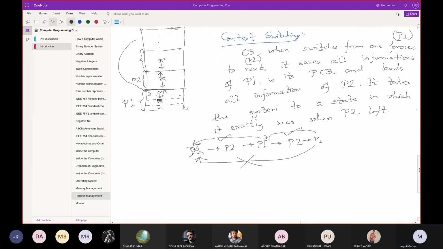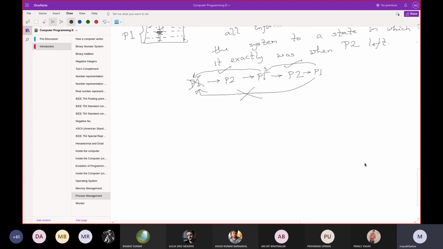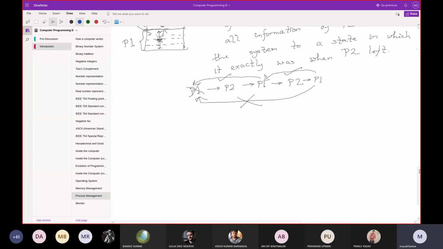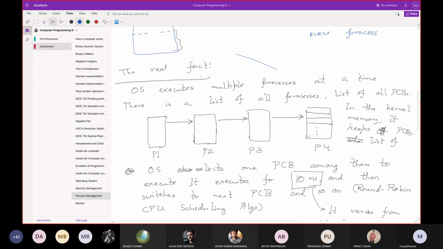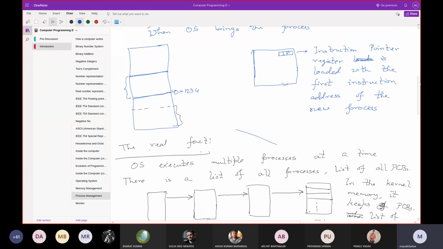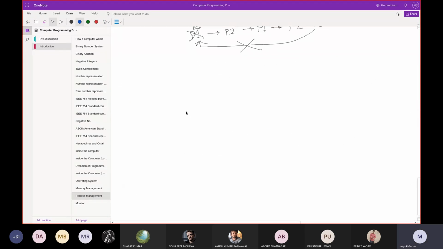Now, that is context switching. In fact, I'll discuss the system call and user mode and kernel mode a bit later. Before that, let me discuss a few more things. So, when the OS brings the new application,